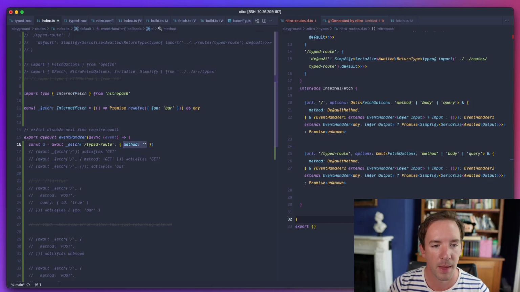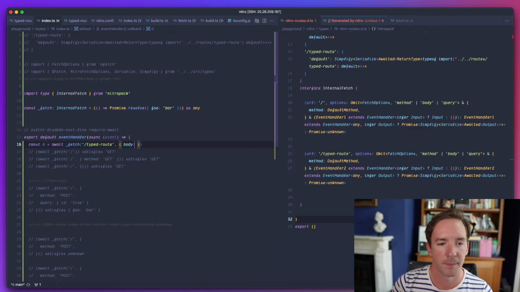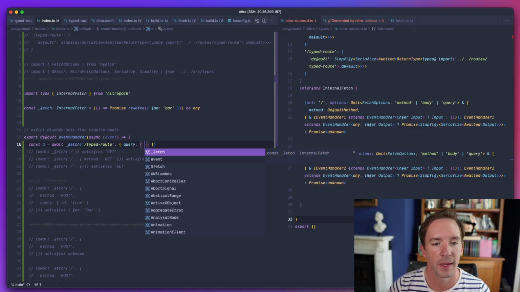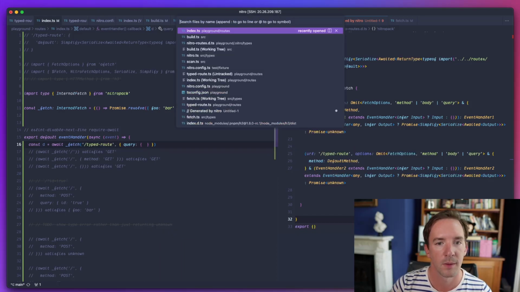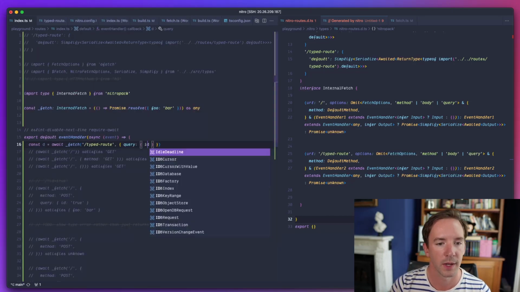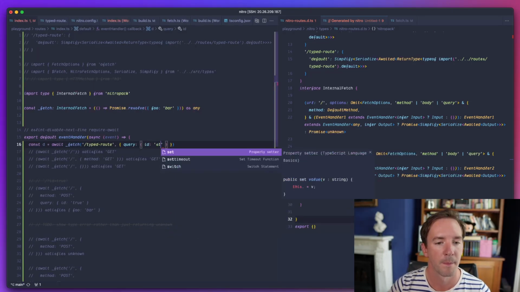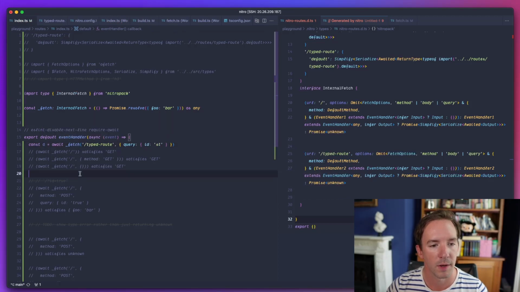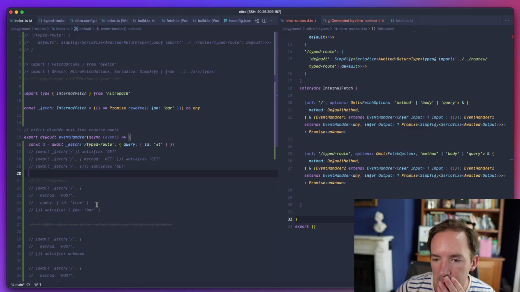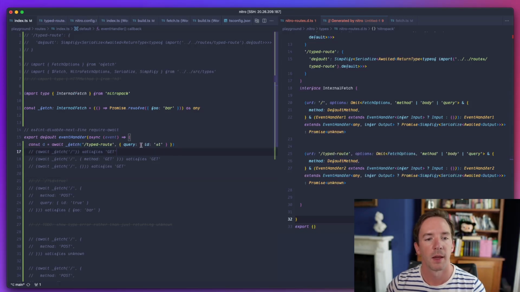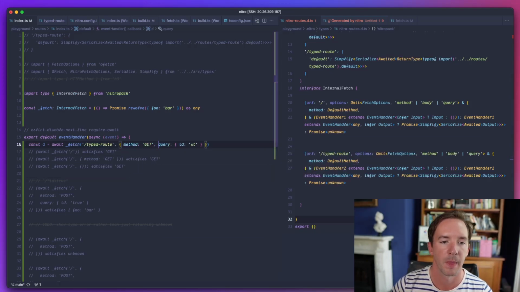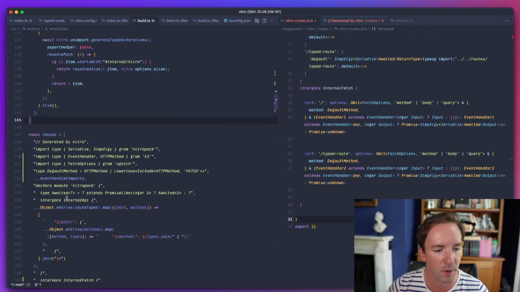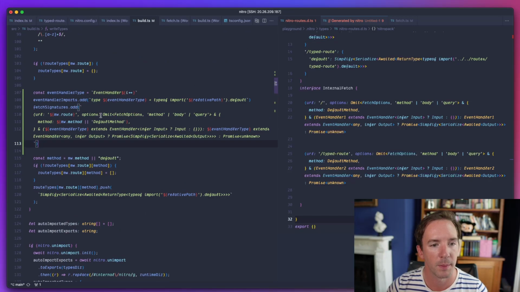Oh, no, it's not that it lacks a method, it lacks body. So with body, no, it lacks query. So query needs to be, what is it? ID is string, which is still not right. Oh, in this case, I'm forcing us to pass the method, which isn't right. We shouldn't require the method be passed if it's a default method. So basically, if there's a middleware method,